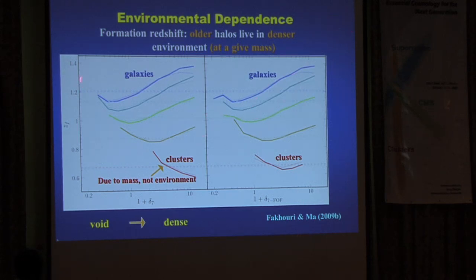The key difference is that when you go to the galaxy bin, you now see the earlier forming halos, at redshift about 1.4, the older halos, living in denser environments. Again, this is opposite to what you would infer from the merger rate alone. As I just said, a higher merger rate would have implied a younger halo in denser environments, but the diffuse accretion part makes the two consistent. And then in the voids, you can see the redshift dropping.